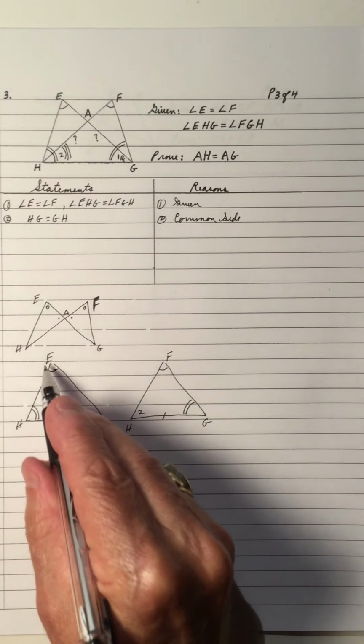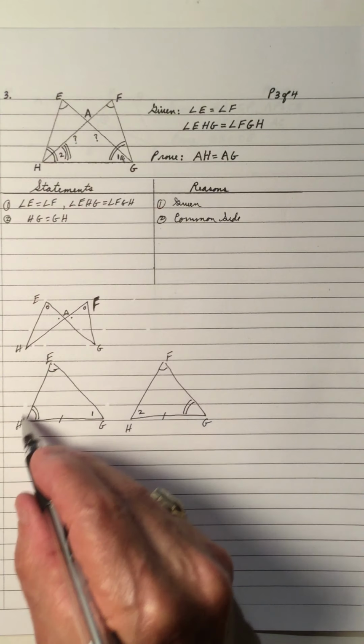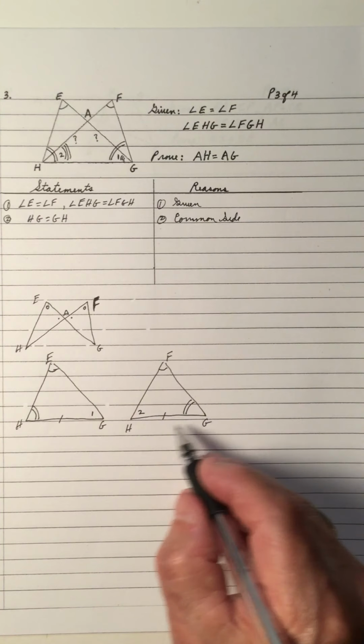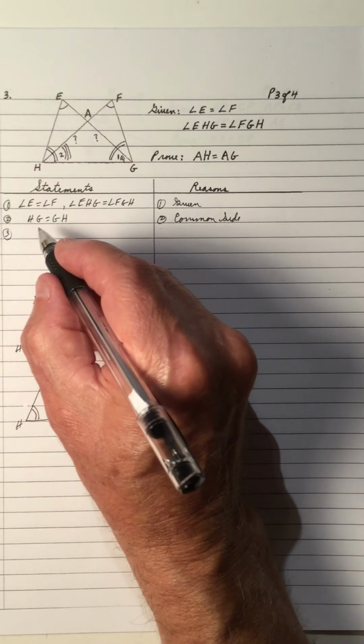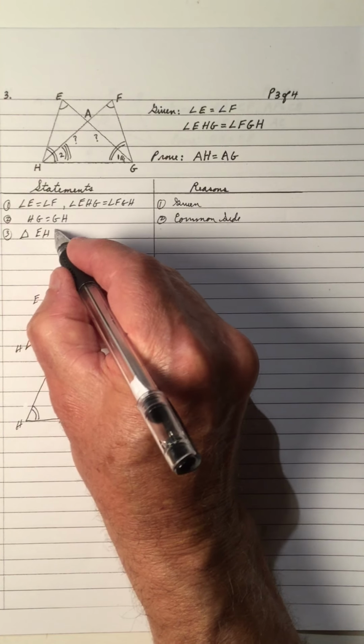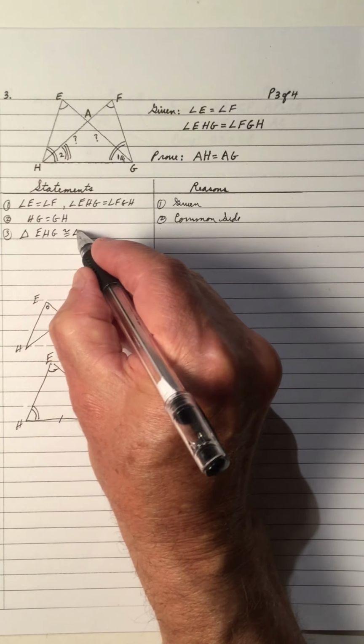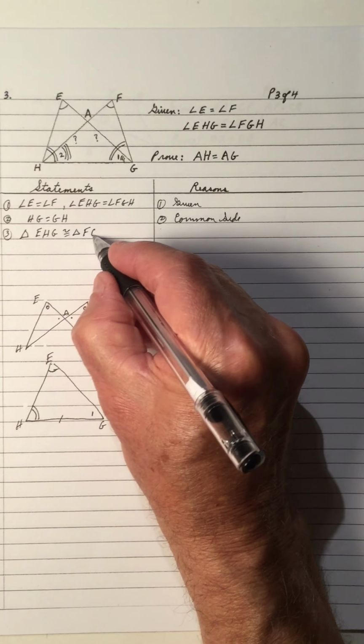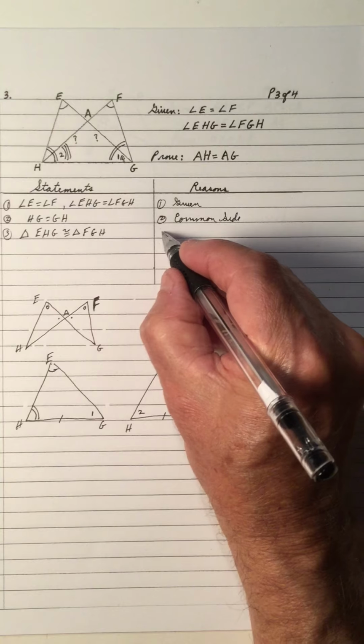As a common side to these two triangles, EHG and FGH. And that means the triangle EHG is congruent to triangle FGH